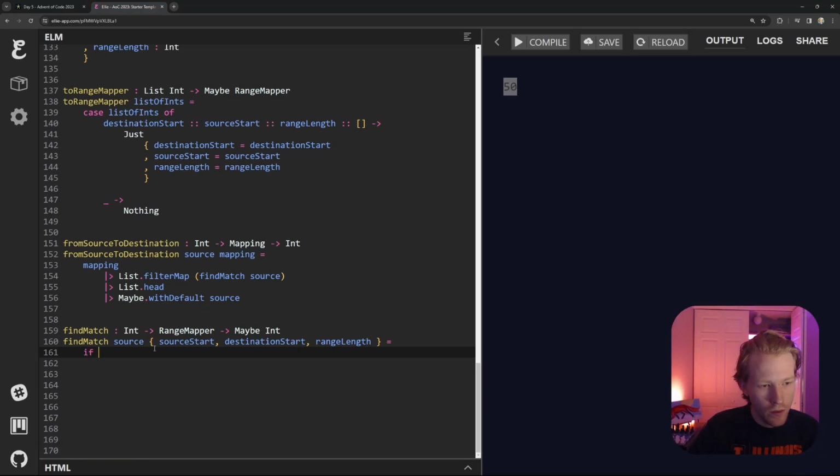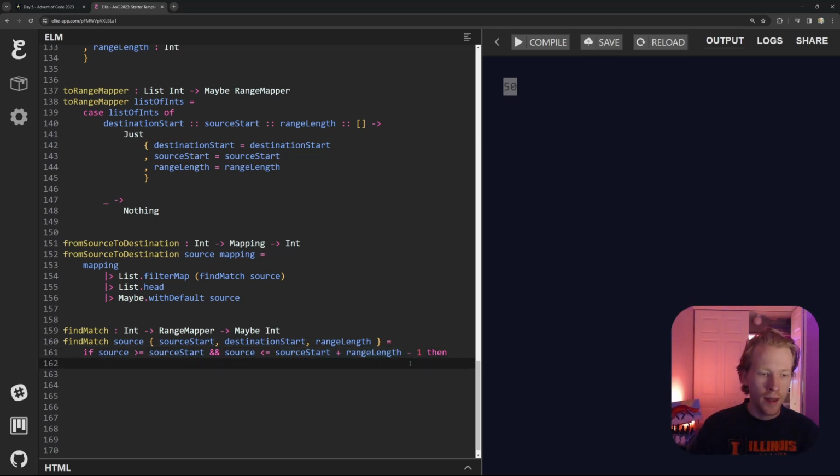So we're going to say if the source is greater than or equal to the source start, and source is less than or equal to source start plus the range length, but minus 1. Because 98 plus 2 is 100, we want to subtract 1 to make sure that we're in the 99 range. So if it's greater than or equal to 98, but it's less than or equal to 99, then we did